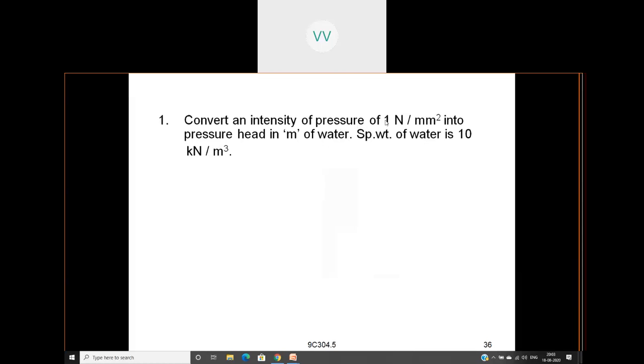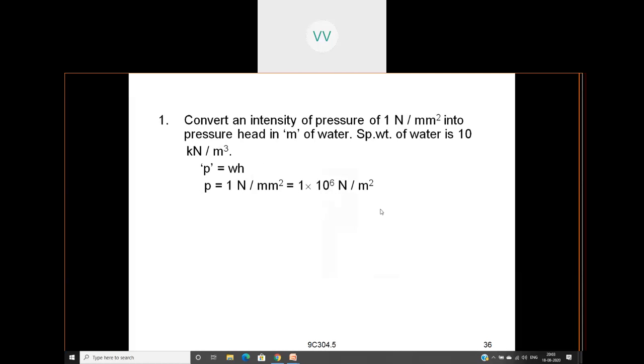Convert an intensity of pressure of 1 Newton per mm square into a pressure head of meter of water. Specific weight of water is 10 kilonewtons per meter cube. So P is equal to WH. So the intensity of pressure is 1 Newton per mm square, that is 1 into 10 to the power of